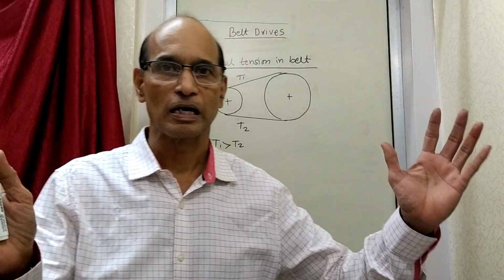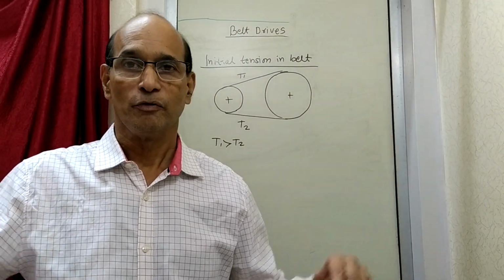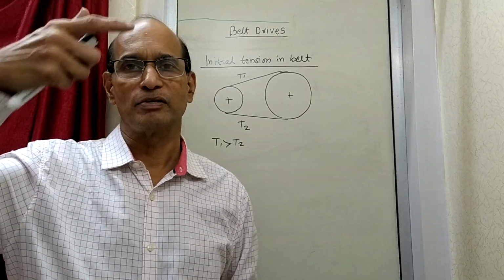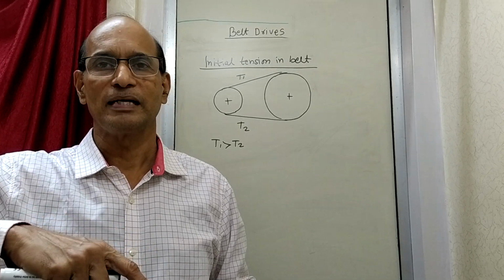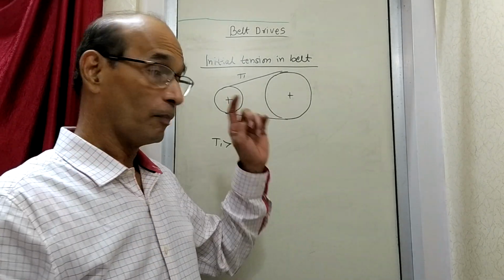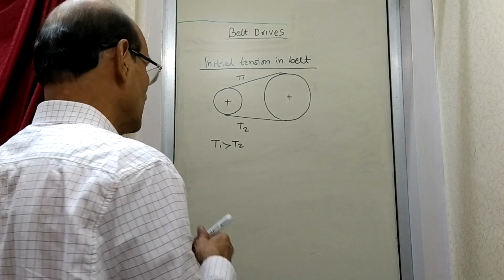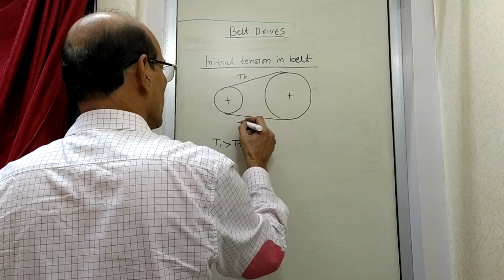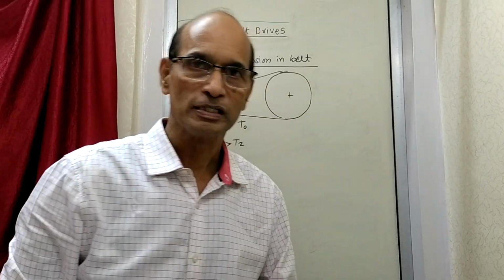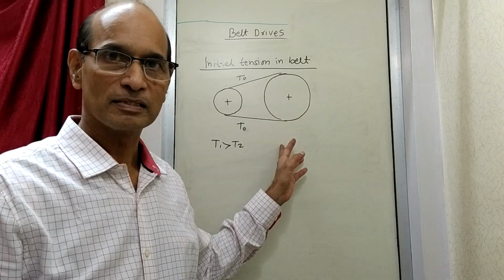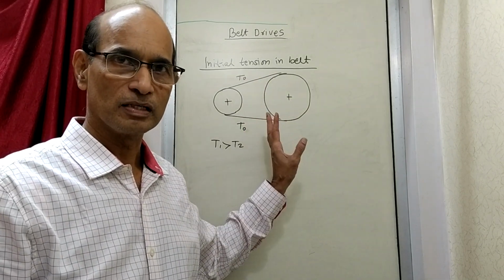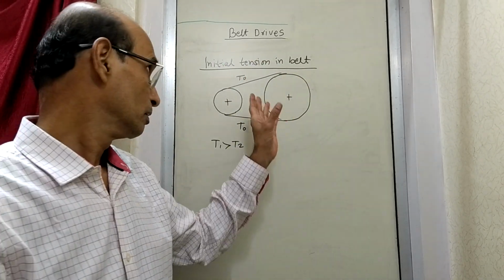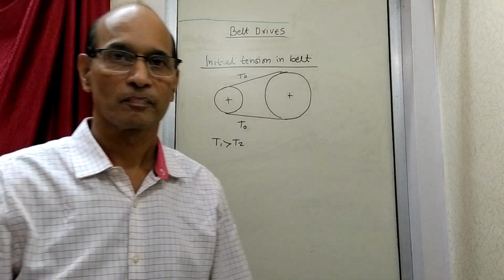So imagine that there is a belt drive which is stopped, which is not yet started. When you start, then it starts rotating. One side develops tight side, which is tension T1, other side develops slack side, and tension has got T2 there. But before that, the tension in the belt is said to be initial tension, and that is shown by letter T0, and that is same on both sides. So initial tension is T0 on both sides, and that is a tension which exists at the start before you rotate. Now you will wonder, how come there is a tension here?